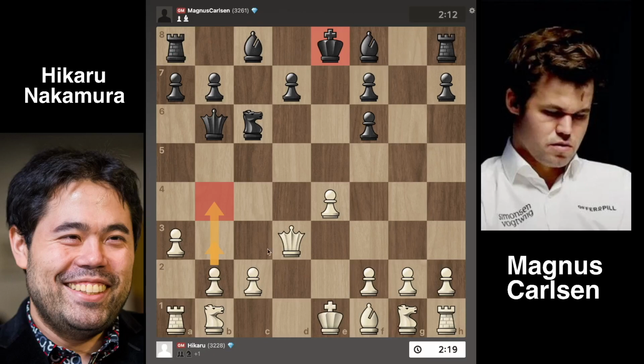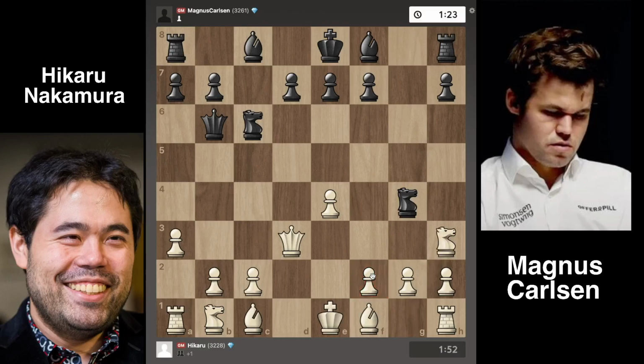But I don't think that's enough for this position, just the bishop pair. But instead, after bishop to c1, and who am I to question Nakamura's moves, right? Carlsen continues with knight to g4, and notice that now there's a nasty threat here on f2. Nakamura goes knight to h3, protects the pawn on f2 with the knight, and Carlsen goes pawn to d6, opening